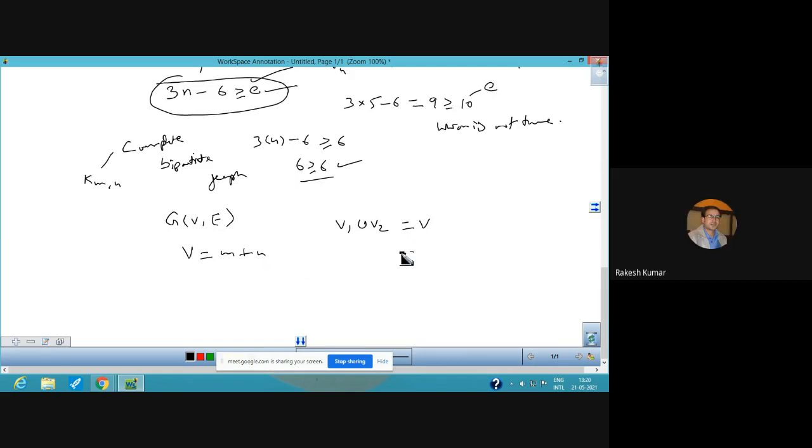So let us take the example of K3,3 parallelly. So three vertices are in a set. Similarly, three vertices are in the second set. Total vertices in the graph are 6. So this can be termed as V1, V2, V3, V4, V5, V6. And the condition is that the vertices of the first set will join only with the vertices of the second set, they cannot join among themselves. This was the condition for bipartiteness.